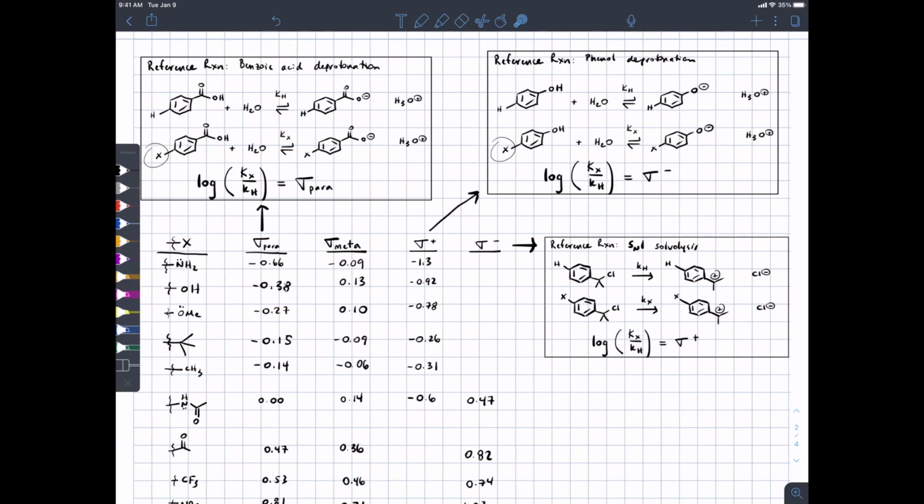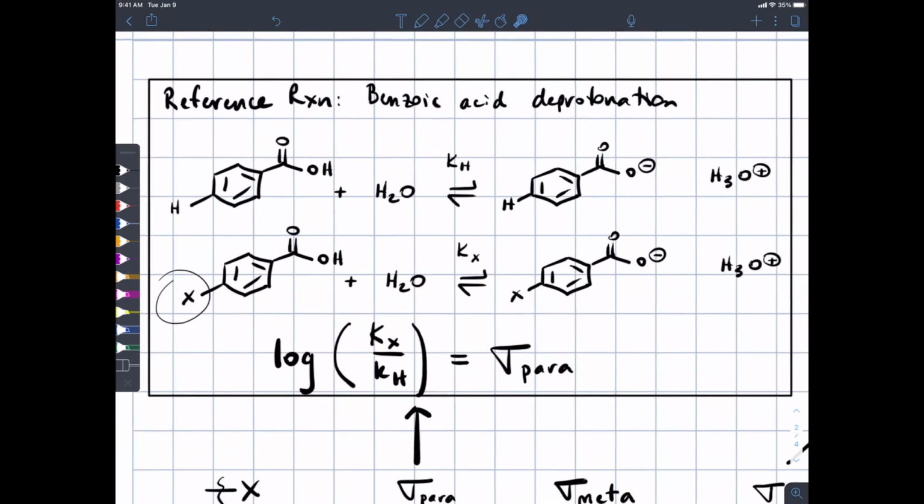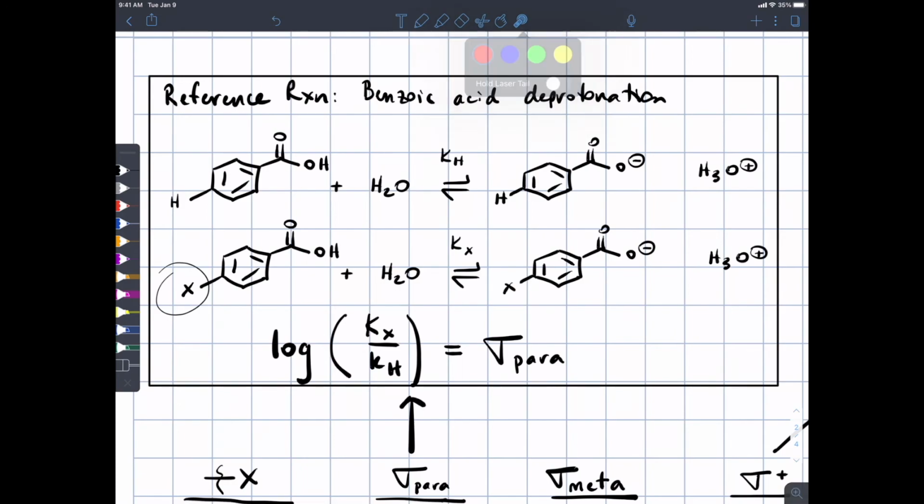different situations. Recall that for the benzoic acid deprotonation reaction, we mentioned that if you have electron withdrawing groups here, they can put a positive charge in the ring, but they can't totally delocalize that negative charge. It's a combination of resonance to put the positive charge in the ring, and then an inductive effect to sort of allow this electron deficient ring to pull electron density away from the carboxylate group through the sigma bonds. So using these sigma para values